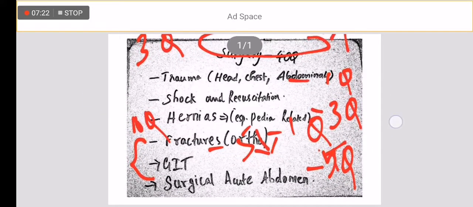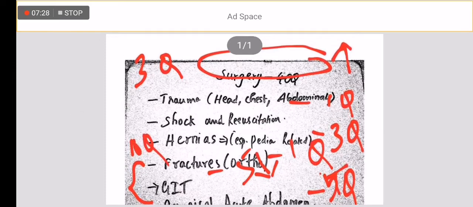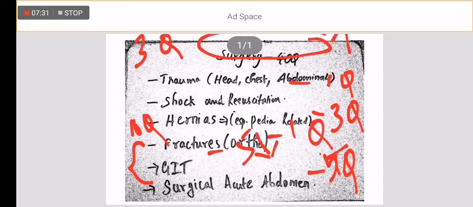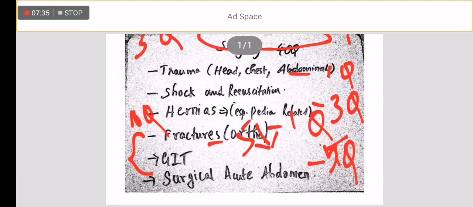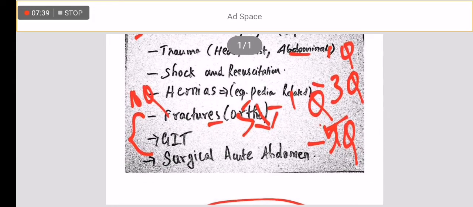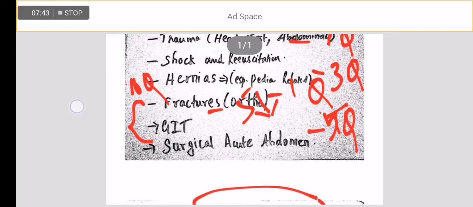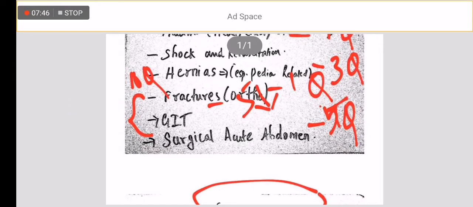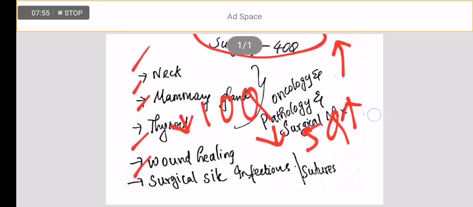Okay, here are the details, you can see it. Trauma related to head, chest, abdomen 3 questions, or you may get more. Shock and resuscitation 1 question, hernias 3, especially related to pediatrics, and fractures 1 question, GIT 5 questions, surgical acute abdomen 5 questions. So totally the GIT and surgical acute abdomen, you may get 10 questions. And